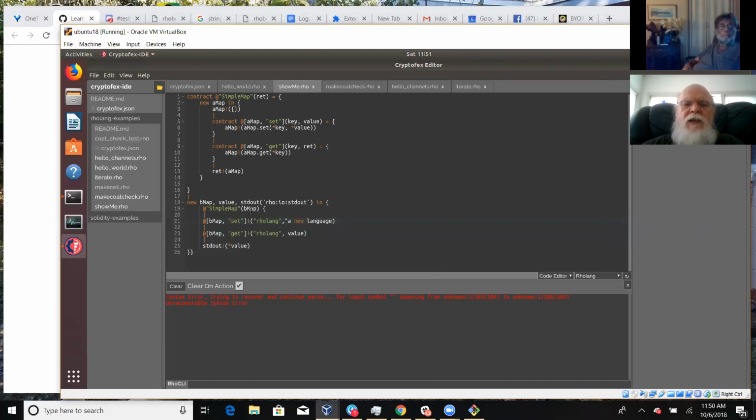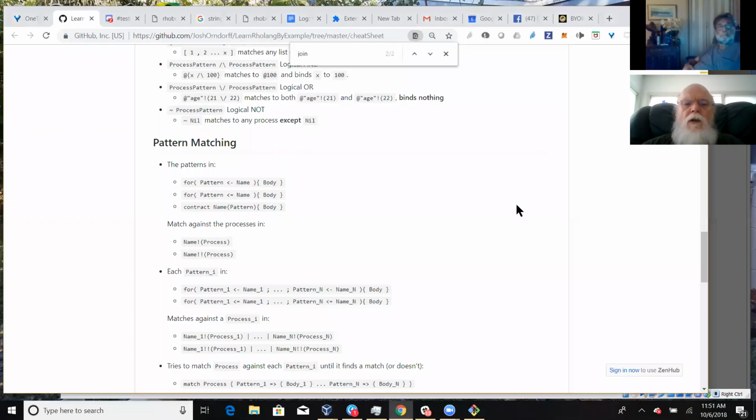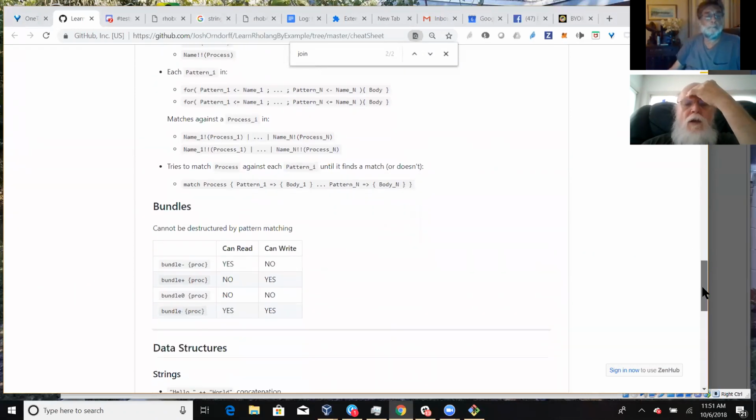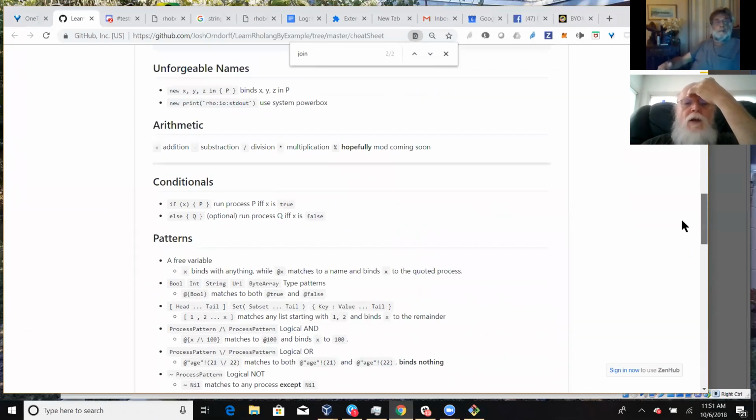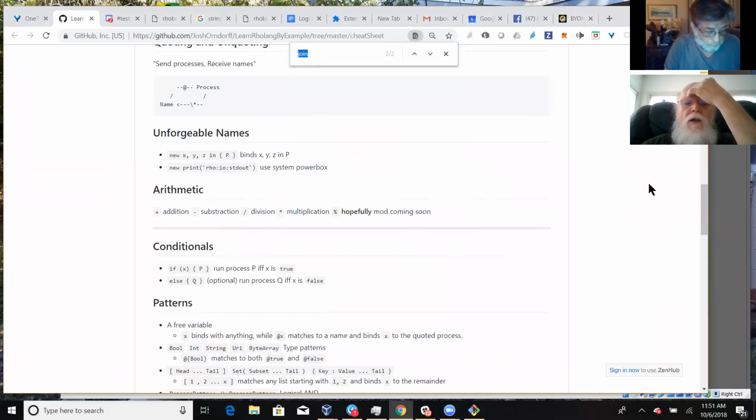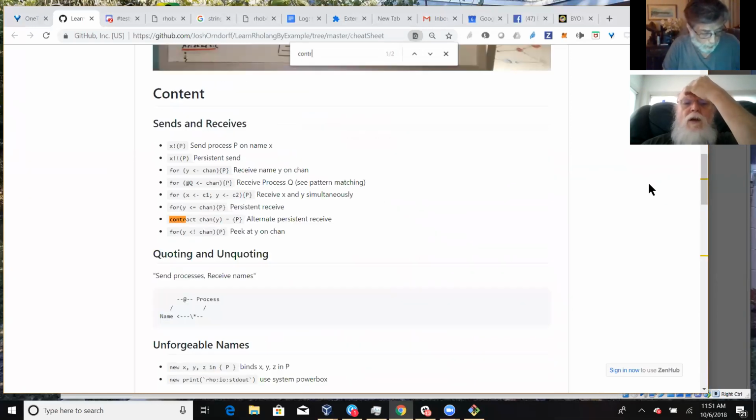You can't just put that parentheses to the right of the simple map because it needs an equal sign.